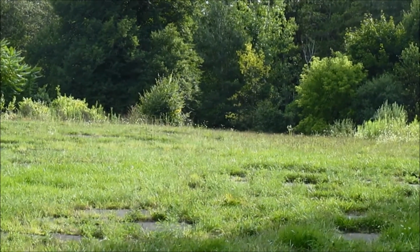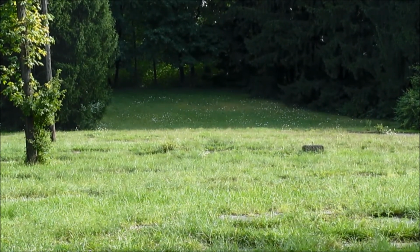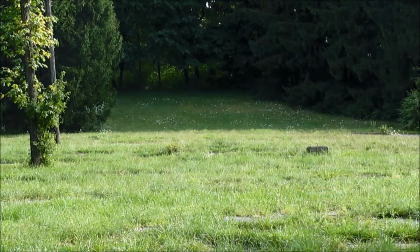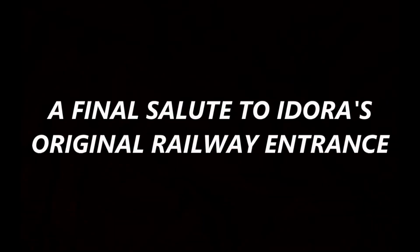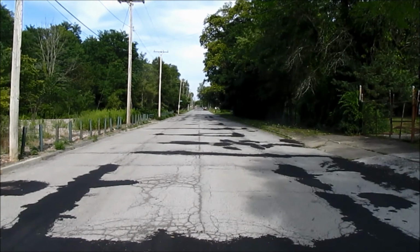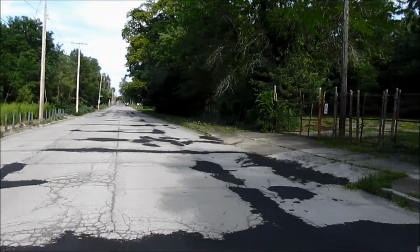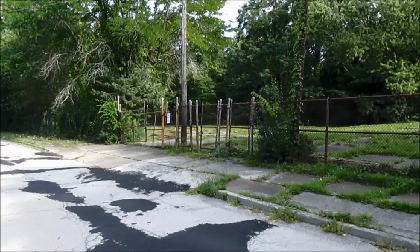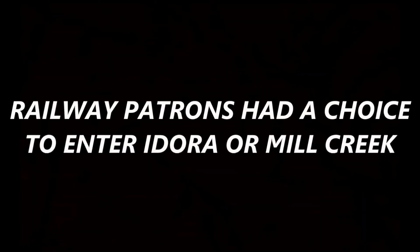It was an elevated portion of Idora Park that you went up to, a shaded area because you had a lot of foliage up there, and you could eat your picnic lunch. They had pavilions up there to eat, and then you come down into the park, buy your tickets, and then you get on the ride. Those that didn't want to ride didn't have to ride. They just people-watched, and the kids would often ride the rides, and the big kids would ride the rides as well. Railway patrons, like I said earlier, had a choice to enter the park right onto the grounds directly, or they could go down to Mill Creek Park,